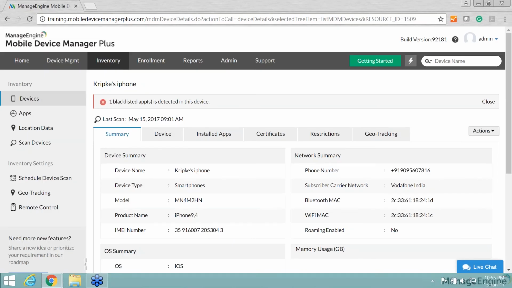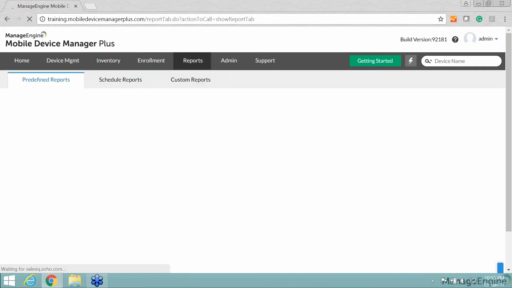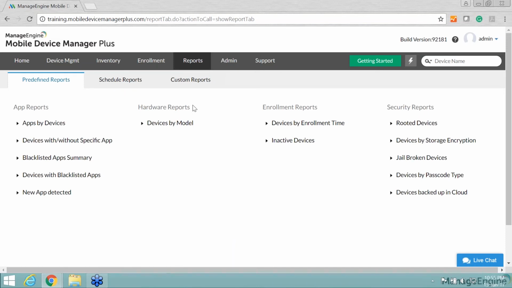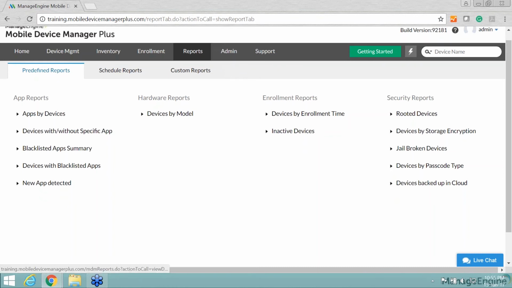Okay, back to the product console. On the top, there's a Reports tab. I click on that. This takes me to a page that gives us an overall view of the reports that are predefined and can be pulled. We can pull reports pertaining to apps, to devices, enrollment reports, and security. In our scenario, we would like to find out how many devices are compliant, and how many are not compliant, with our company policy.